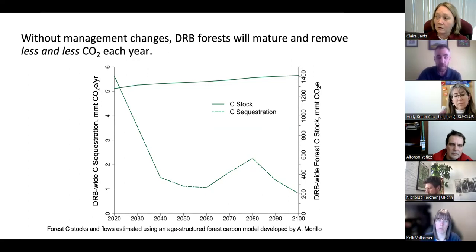So what I'm showing here is the result of a very detailed and intensive model that one of our collaborators, Alfonso, developed, where across this basin he looked pixel by pixel, forest stand by forest stand, at the current age of the forest, and projected how sequestration would change over time, and then added that all up, projecting over the basin into the future. And what we found is that